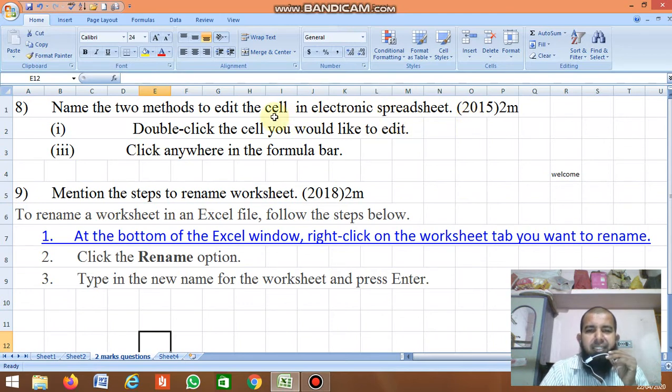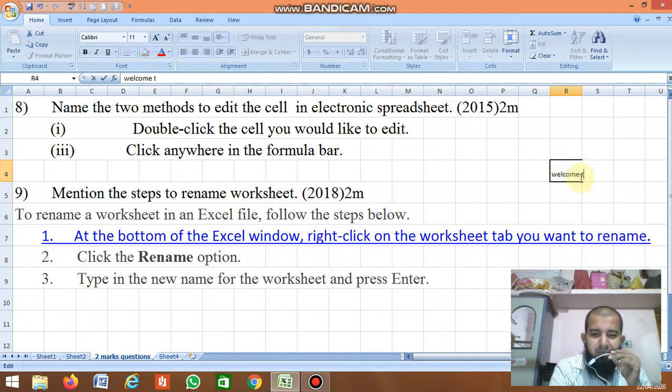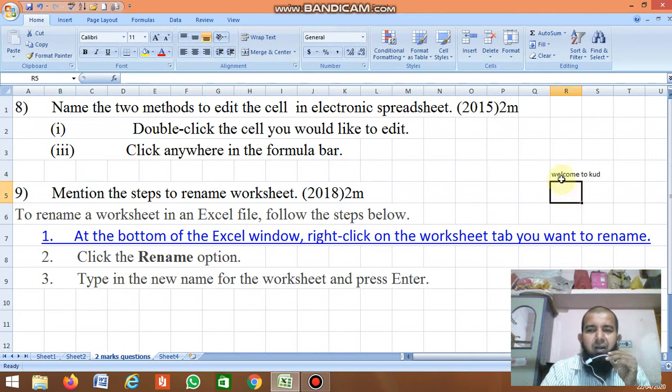How do you edit a cell in an electronic sheet? See here, I typed "welcome" and I want to add KUD. The first method is to double click on the cell you would like to edit, so I can edit it here: welcome to KUD. The second method is to click anywhere on the formula bar.